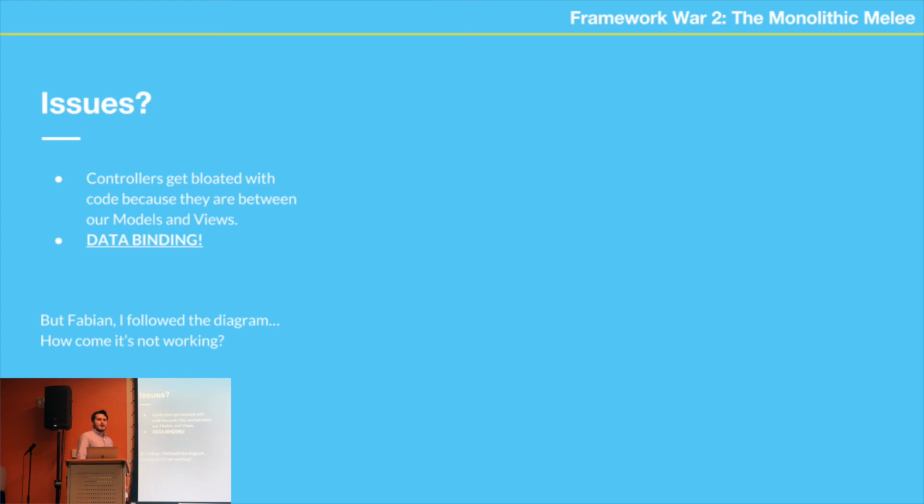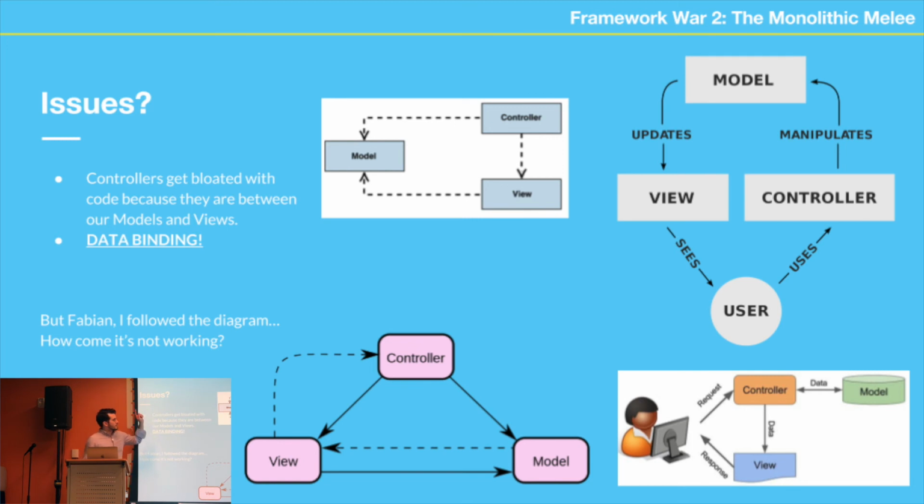Like, well, Fabian, I followed the diagram, so how come it's not working? Well, the thing is, MVC, if you remember the photo that you saw earlier, that was this top one. And if you look at the arrows, the way they're communicating is one way, right? But if you look at these other ones, these are still MVC patterns. There really is no set standard on how your application communicates between your models, your views, and your controllers. So for example, this view actually observes the model and it communicates back to the controller, but then the controller also communicates down to the model, which is being observed by the view. The controller also updates, wait, what? This is what I'm talking about.